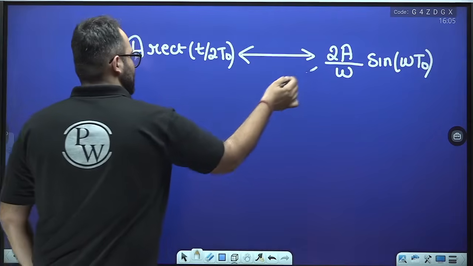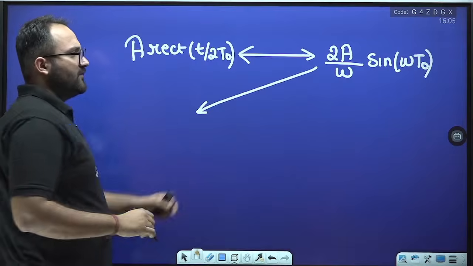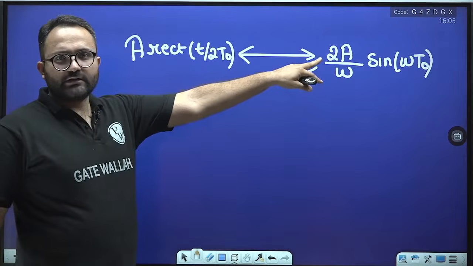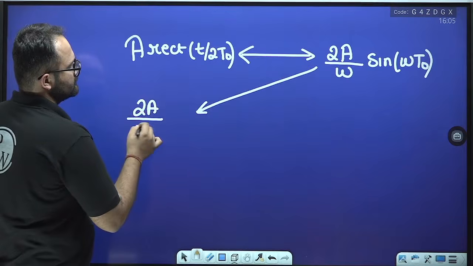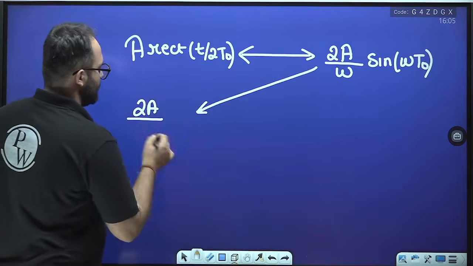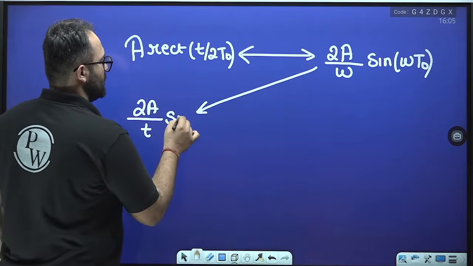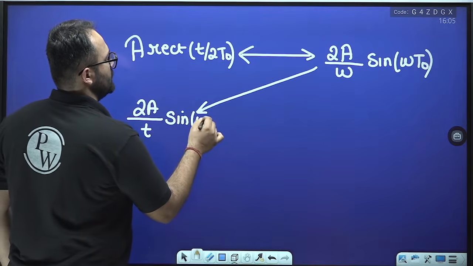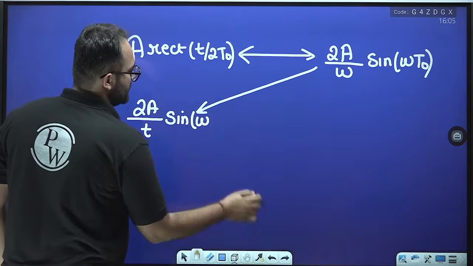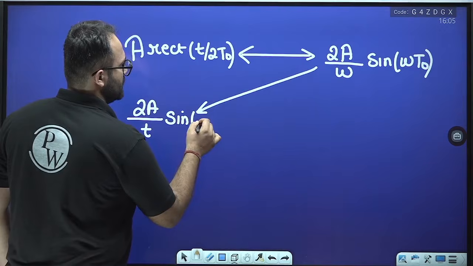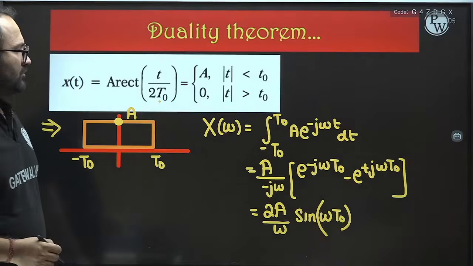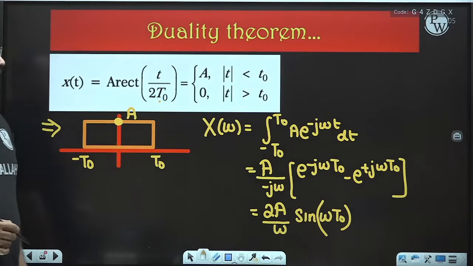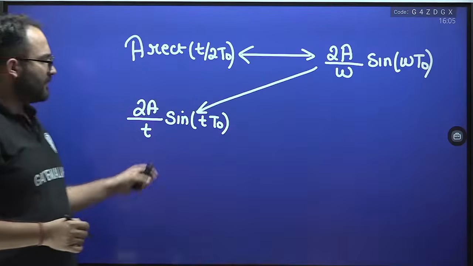The duality says that if we replace omega by t in this expression, 2A by t sin of t t naught,